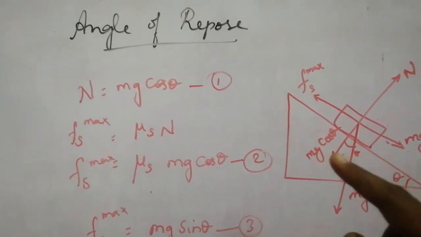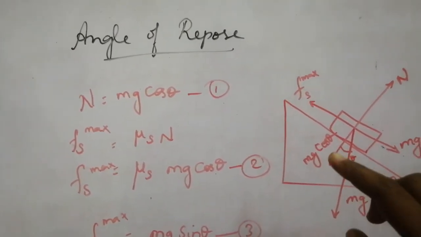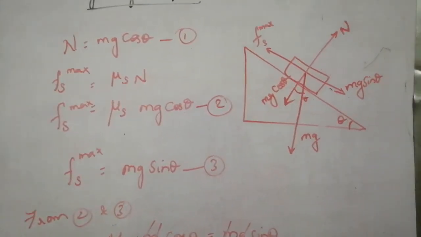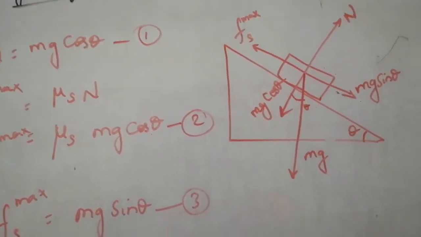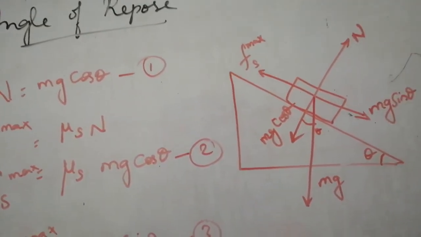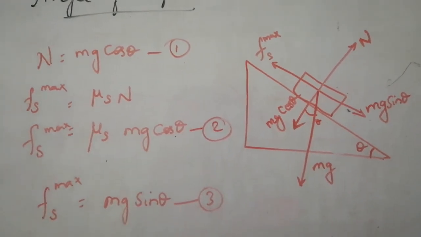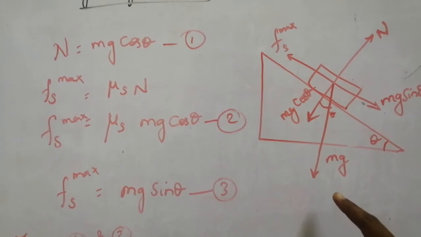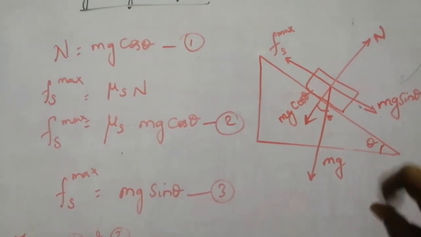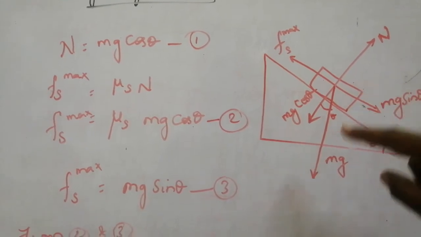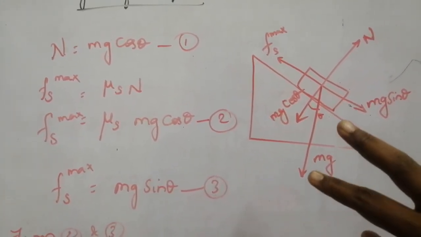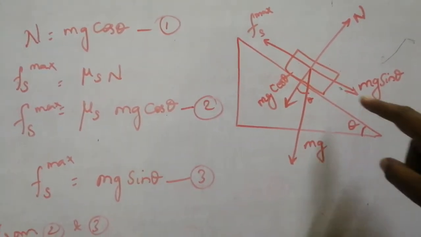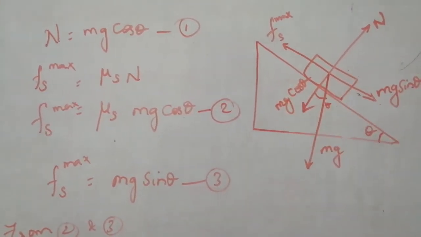Now we are going to derive the angle for this. So the diagram is like this. It is similar to what we had in the case of an object moving on an inclined plane. Here you can see that the downward force acting on the object is mg, where g is acceleration due to gravity, and the opposite normal force. This gravitational force is resolved into two components. The component along the surface is mg sin theta, whereas the perpendicular component is mg cos theta.